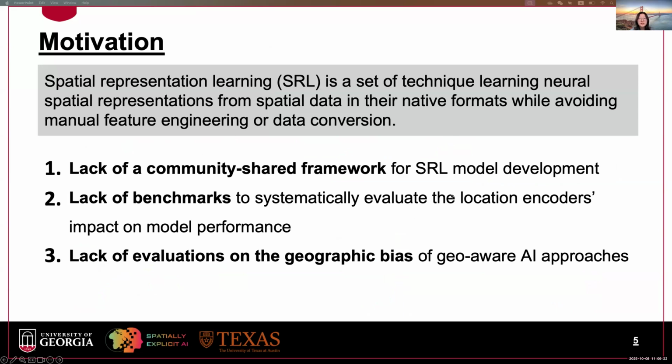Also, we lack a standardized benchmark to systematically evaluate how spatial encoders impact the model performance. And lastly, there's a gap in our understanding of how geo-aware AI models may be influenced by those geo-biases. So given that motivation,